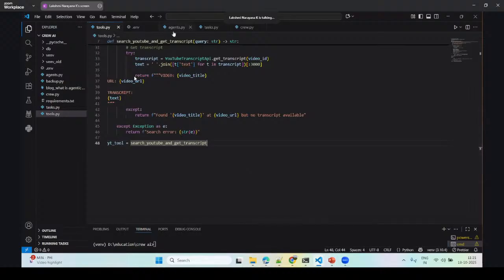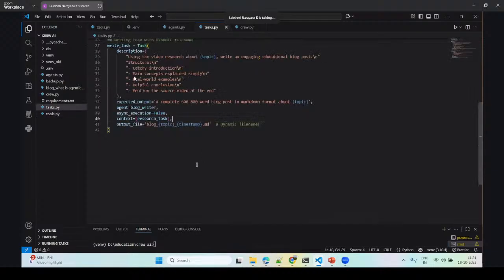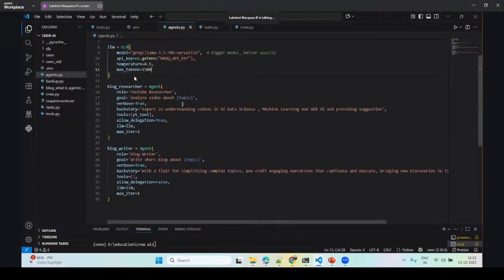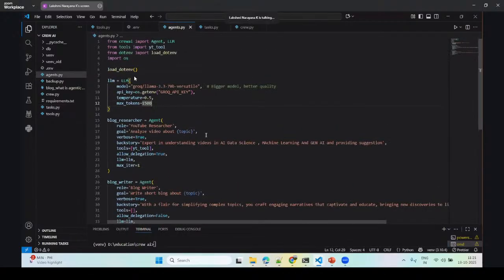So then we'll talk about the tasks. What are the tasks that are available? And let's talk about agents first. It will be in sequence. So when it comes to the agents.py, in this agents.py file, you can see,